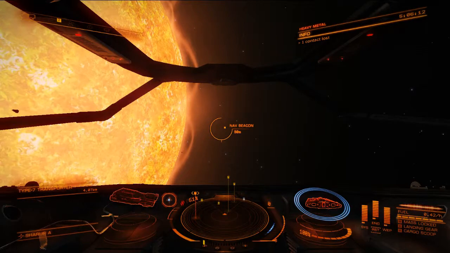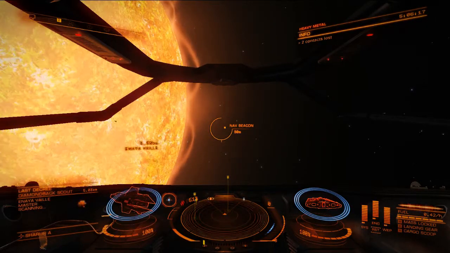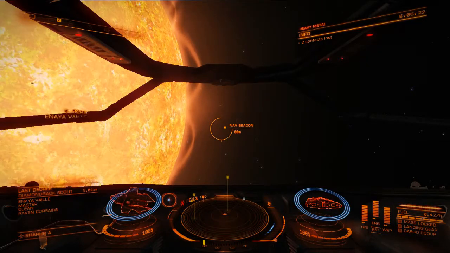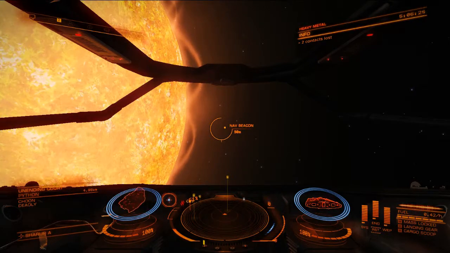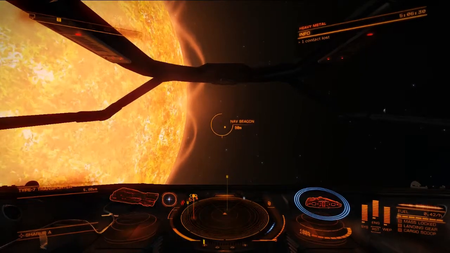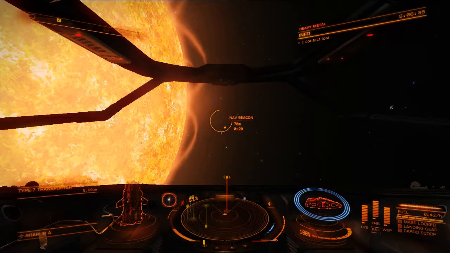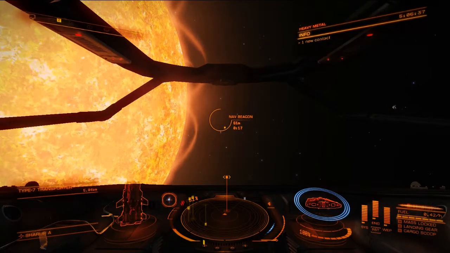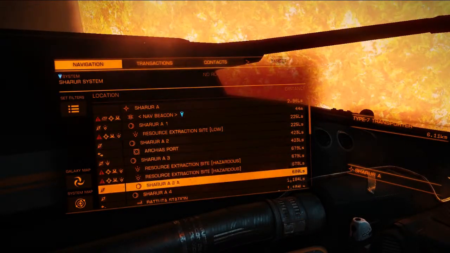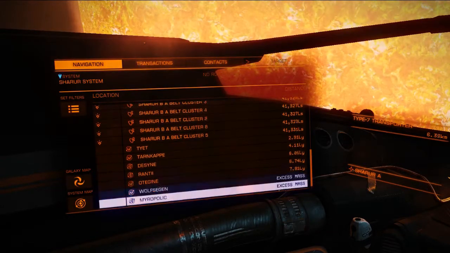Did I not scan this? Didn't scan these guys. He's a nice guy, though. He's master, but he's clean. Deadly is the rank of, like, how combat capable you are. Okay, so I guess it's not really super safe to sit here, but I'm looking for... Got information here. I'm looking for...